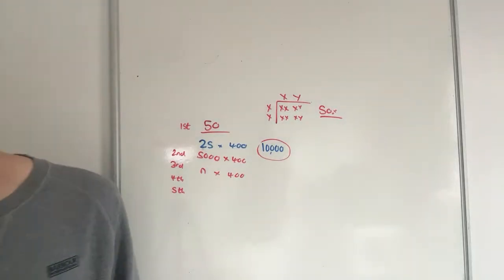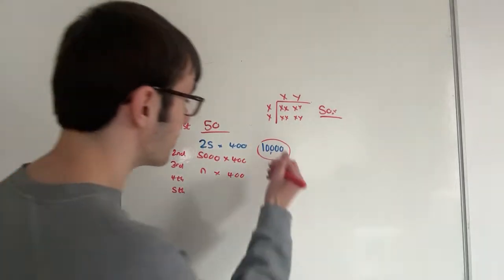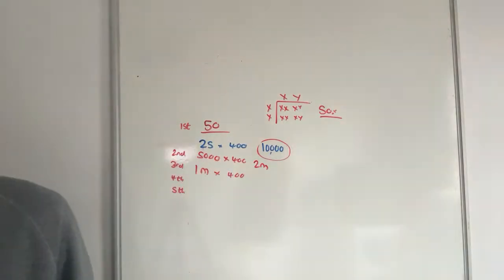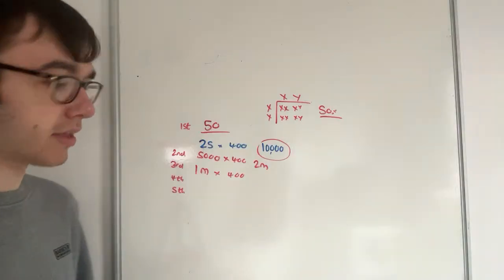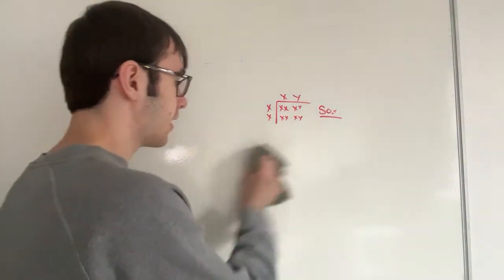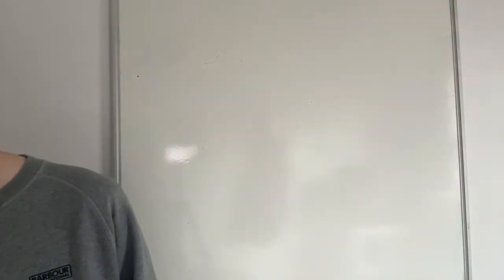10K, yes. Then half of 10K is 5,000 times by 400. That's 2 million offspring. Then 1 million times by 400. Yeah, you can see where this is going. I would need a calculator for that, so I can do it in standard form. How many marks is that? Because that feels like a really nice math question. 3 marks, not bad.